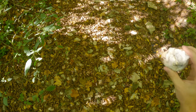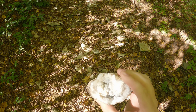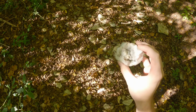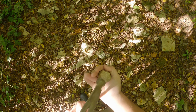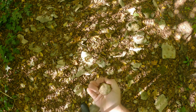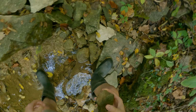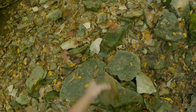It's a pretty nice chalcedony. Very, very pristine. A little bit of calcite deposits on it too, but this one might be hollow. Never mind. And this is something I didn't see yesterday too. It's probably solid, but